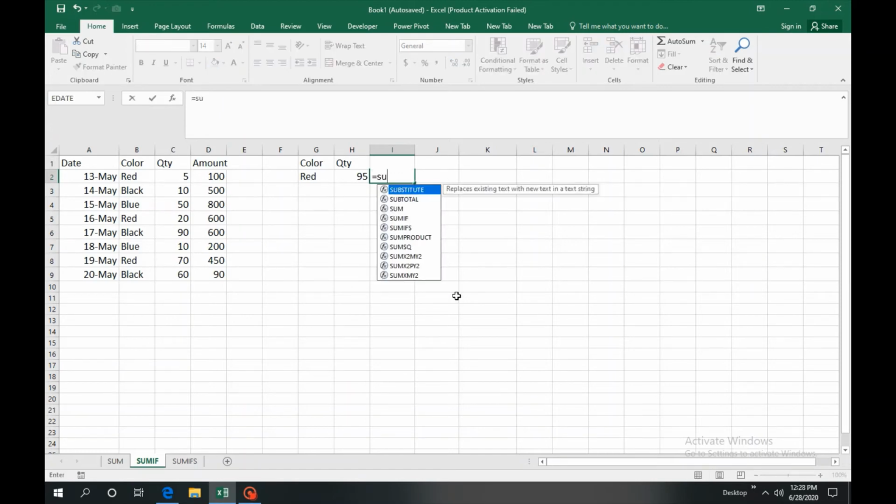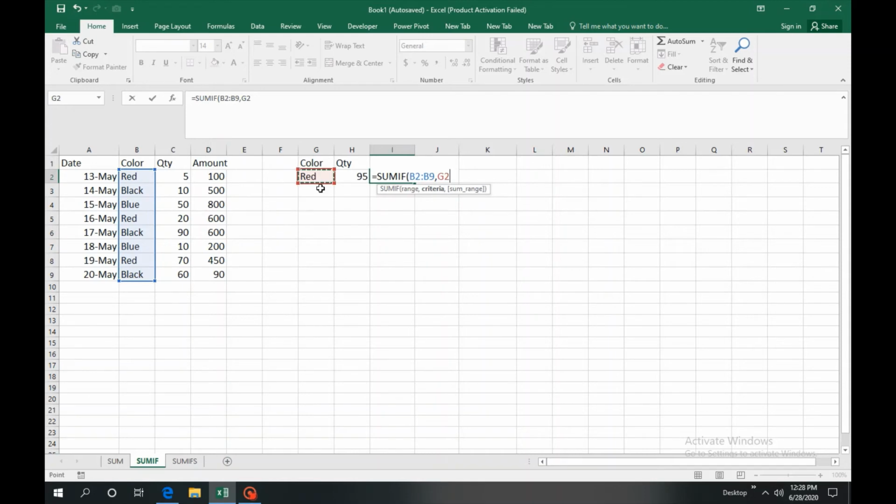Now we will sum the amount. So SUMIF, again the range is here. Our criteria is red here, and the change now is that we want the sum for the amount. So we will select this range, close the bracket and enter.